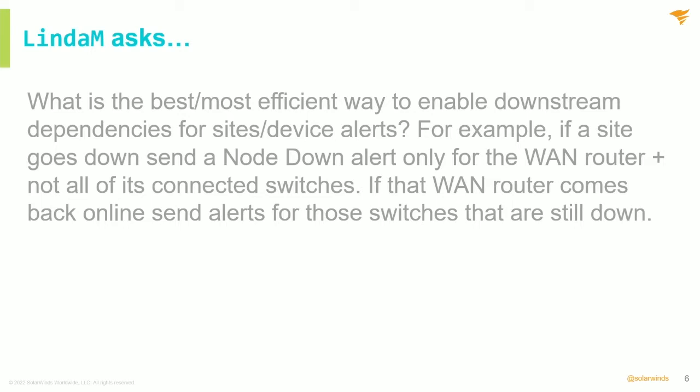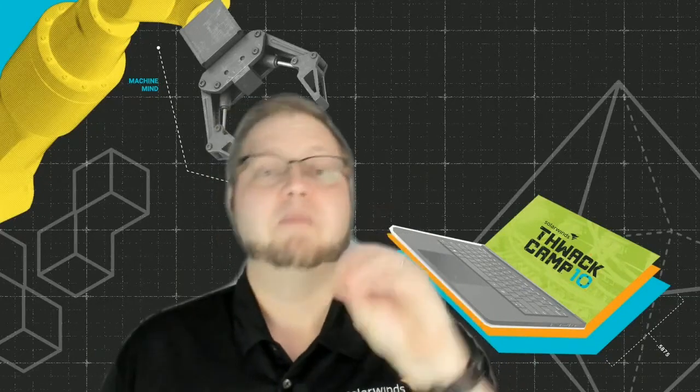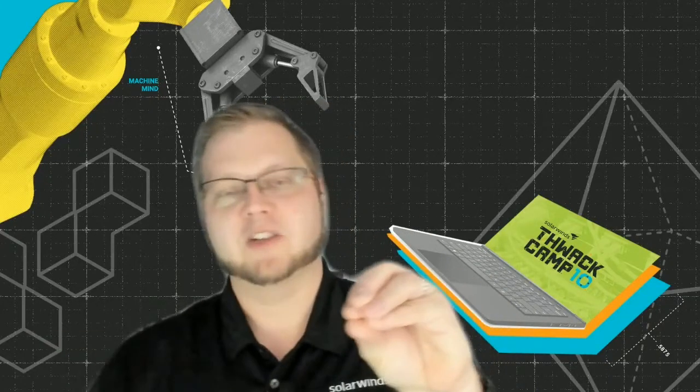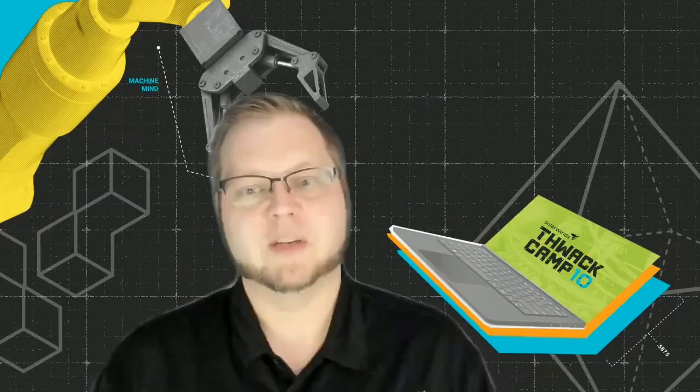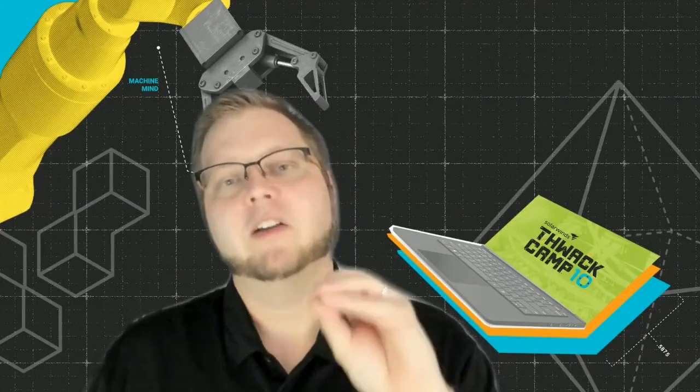You just described what we refer to as dependencies. So this is where you really want to take your time in defining what these dependencies are in your infrastructure. The environment I came from, and several that people have worked with over the past, have either a WAN router that has like 2 interfaces on it, or dual WAN routers, or maybe even 3, or an SD-WAN device or something in kind of that realm. And what you do is you basically build that, and that is the parent object. And then all of the child objects get grouped together and you build that parent-child relationship. What's good about that is if the parent goes down, you don't get alerts on all the children because they're inherently down because the top level one is down.